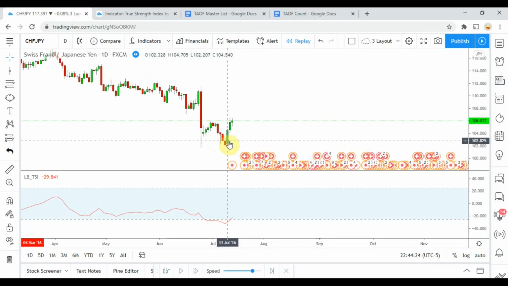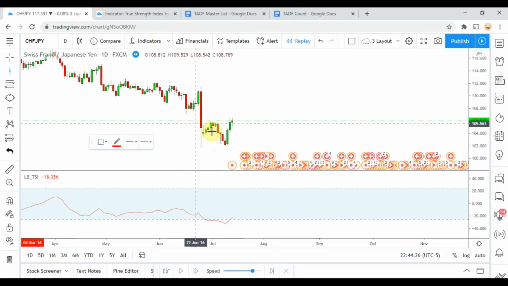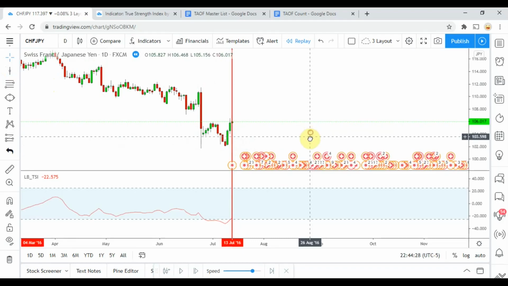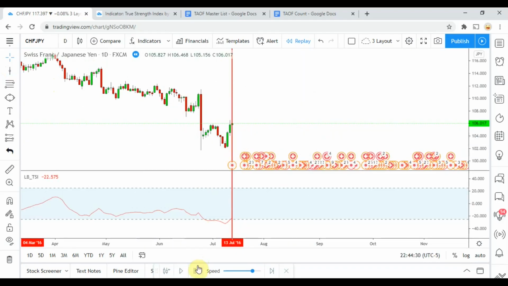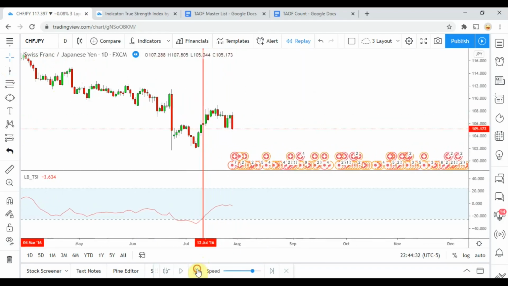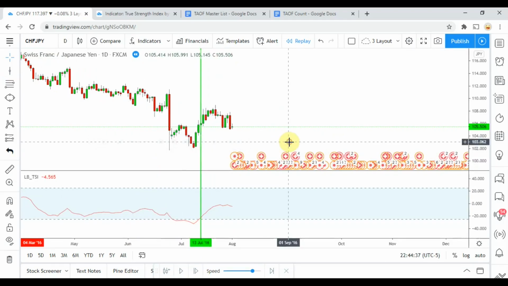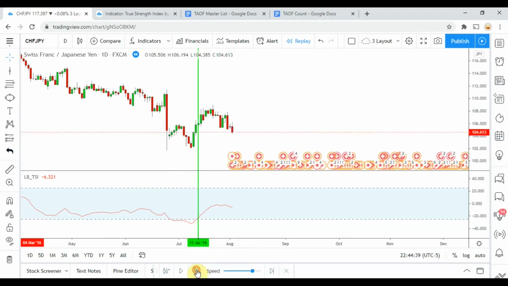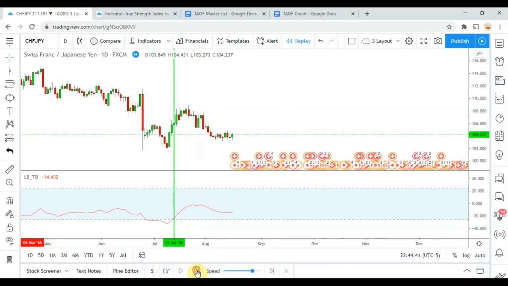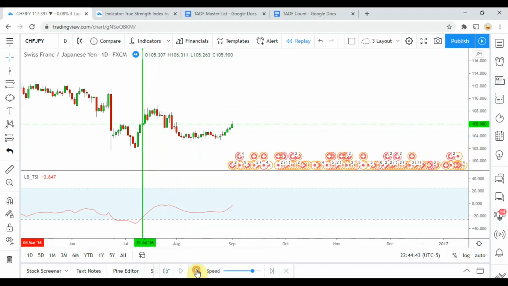It is crossing back up above right there, and let's go ahead and play it out a little bit, and that one got us to take profit. There we go. So we picked up a winning trade off of that one. Let's continue to play it forward here